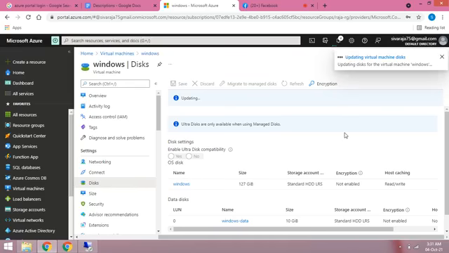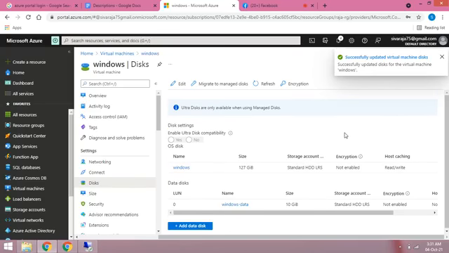Now what we have done: we already created one VM, and that VM's OS disk is created in our storage account. Inside the storage account we check the container and create our data disk, and now I create one unmanaged disk for that particular VM.